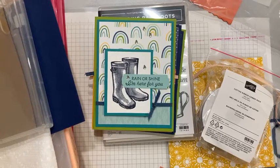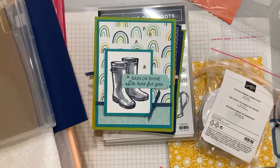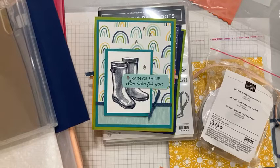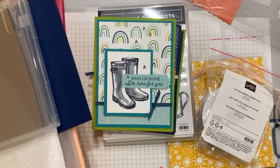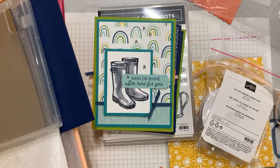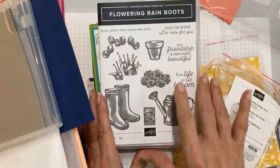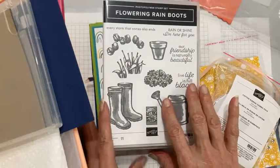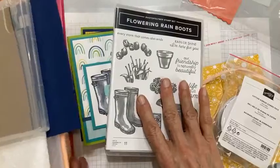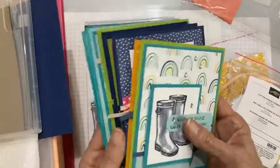It's Tuesday, and that means it is Teach Me Tuesday, and we are going to play with color today. I think we're going to have a great time, a little bit unstructured, which is kind of my favorite way to do things. And we are just going to be playing with this awesome bundle, and this is called Flowering Rain Boots. It is in our mini catalog, and it's actually the subject of my Cards with a Twist class